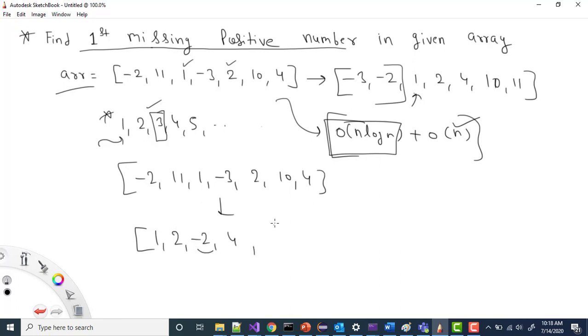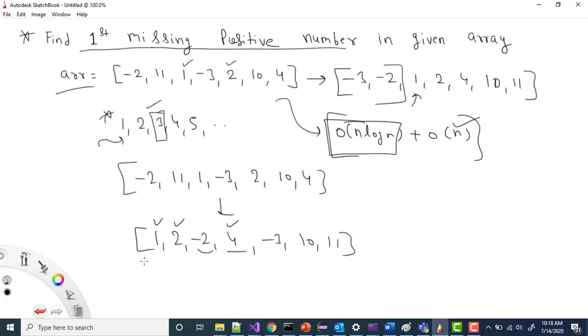Now we have 4, now we don't have 5, so again there will be some number. We don't have 6 also, then there will be some number, and we don't have 7 also, then there will be some number, right? So it means these three values, 1, 2, and 4, are in a particular manner, because this is the exact position of 1, this is the actual position of 2, and this should be the actual position of 3.